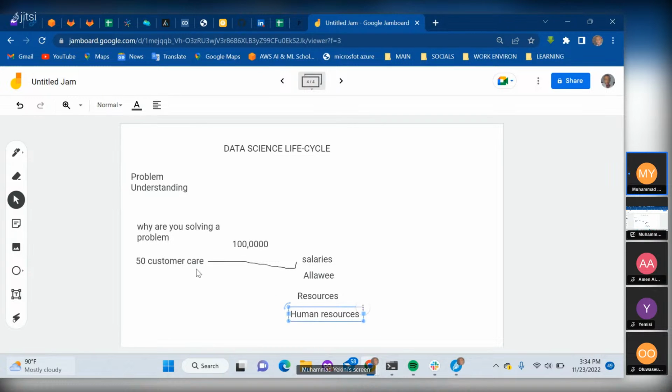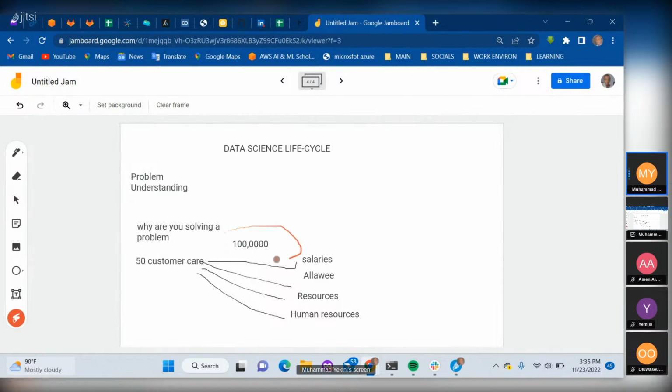And all of those. Sometimes you'd have to lay off some customer care representatives. Sometimes you have to recruit new ones. All of those stuffs, right? That is what the company was facing. But at the end of the day, if the company checks their balance at the end of the year, they